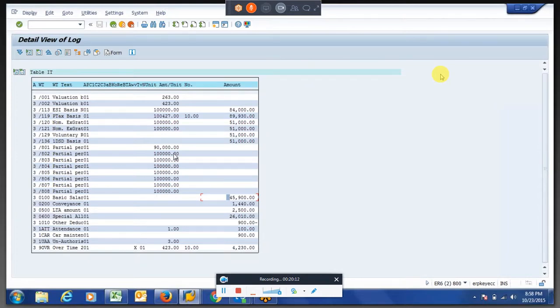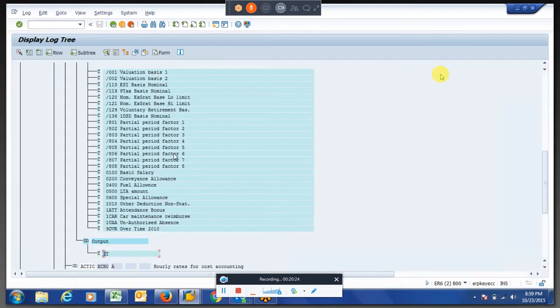But here today we are doing how to reduce unauthorized absence, how to convert the number to rate. Why we are converting, you have to understand. Because the total factoring concept is based on rate. It's not on number. So we just converted the number to rate, and then we inserted the number of days to be subtracted in the factoring.